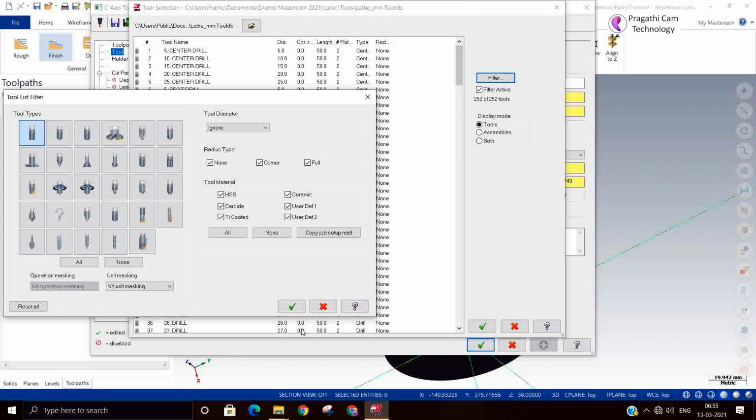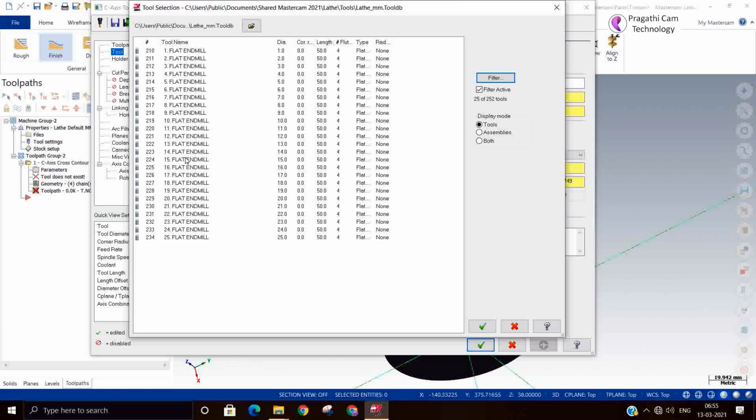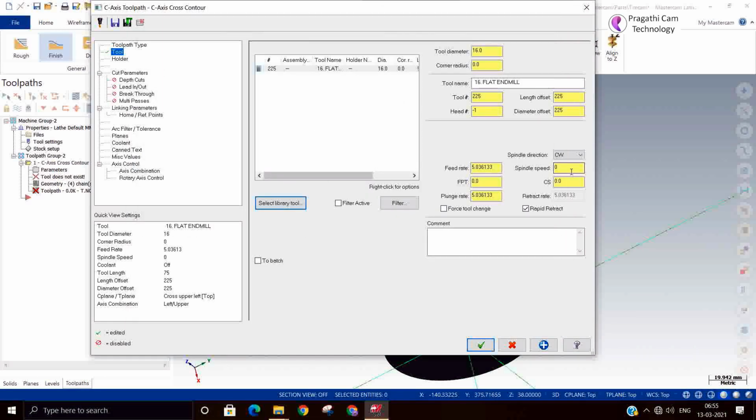I select one tool, 16 mm flat. You can give feed rate and spindle speed. If you want, change the tool number.